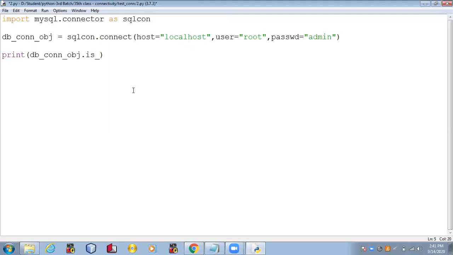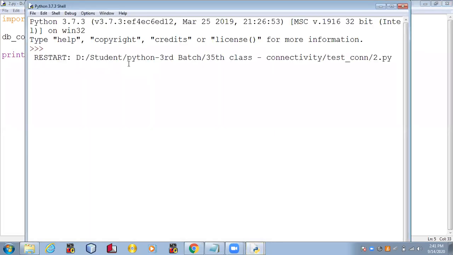Now we will not see the blue message; we will see either true or false. If it returns true, it means it is connected. If it returns false, it is not connected. See, I've got the message true. It means now the application is connected.